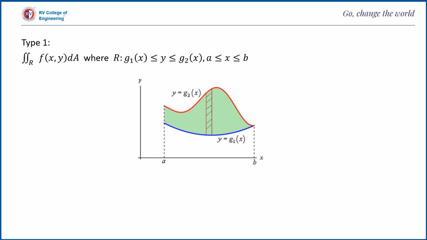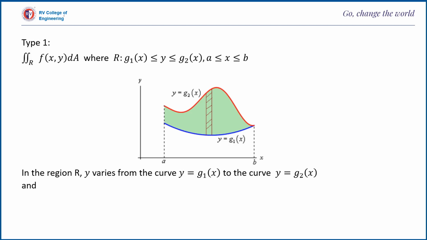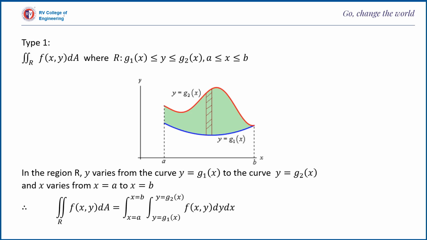And this vertical strip is moved horizontally from the point x equal to a to x equal to b, which covers the entire region R. And therefore, in this region R, y varies from g1 of x to g2 of x and x varies from a to b. And therefore, the double integral over the region R of f of x comma y dA is equal